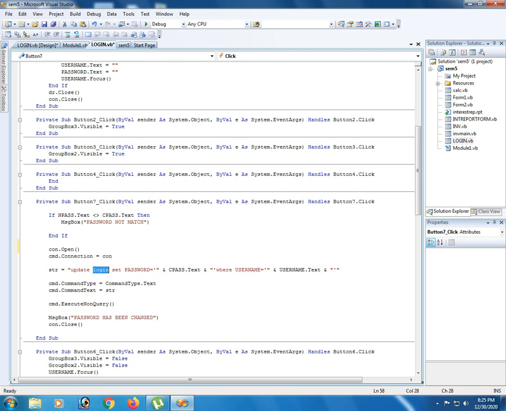In run mode I will show how it works. Just run the login form. Here it is. I have already given the username Balu. First we will see forgot password. Just click here and then search, and automatically, for the username Balu, whatever password is there comes here. You see, 900 is the password, which is already stored in the database. Okay, just click exit and go back.